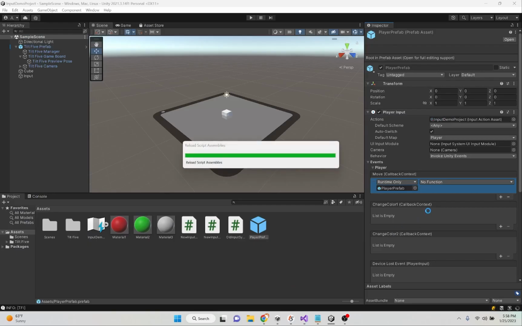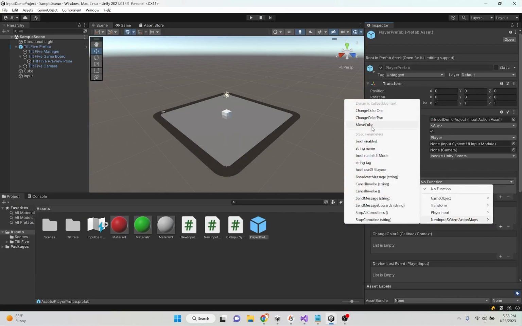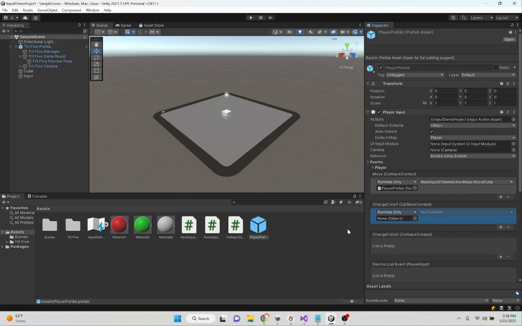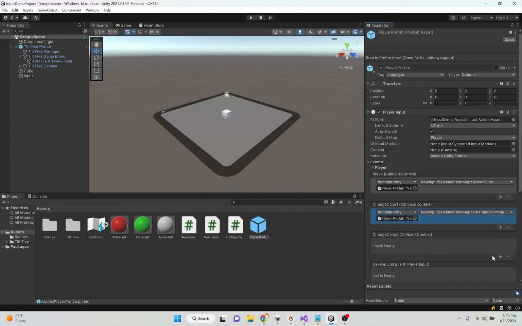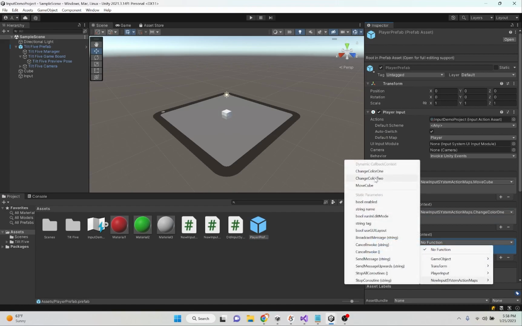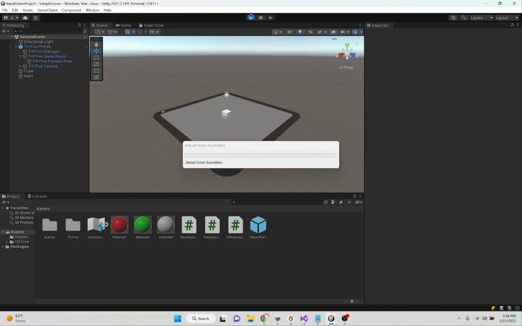We're going to need to make sure here we specify our MoveCube function. This one is going to need to be our ChangeColor1 function, and finally ChangeColor2 needs to be our ChangeColor2 function. All right, with everything set up, we give it a run, and